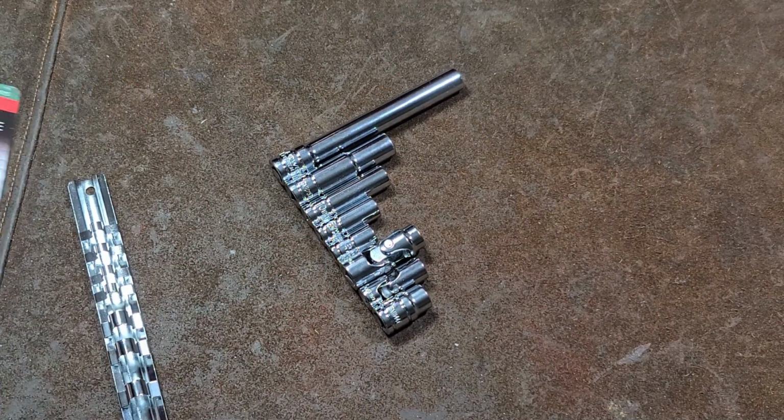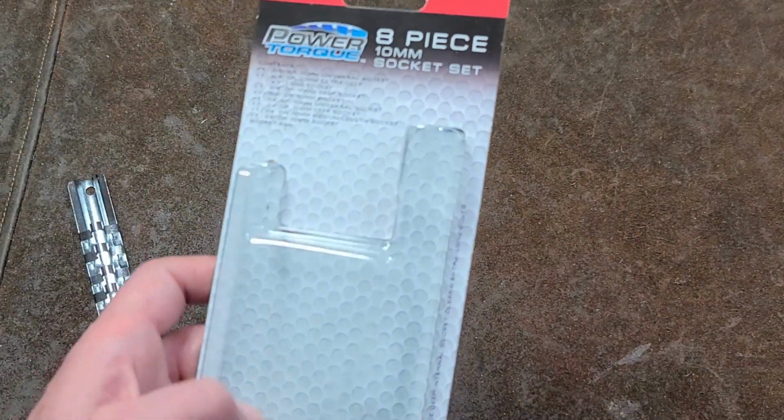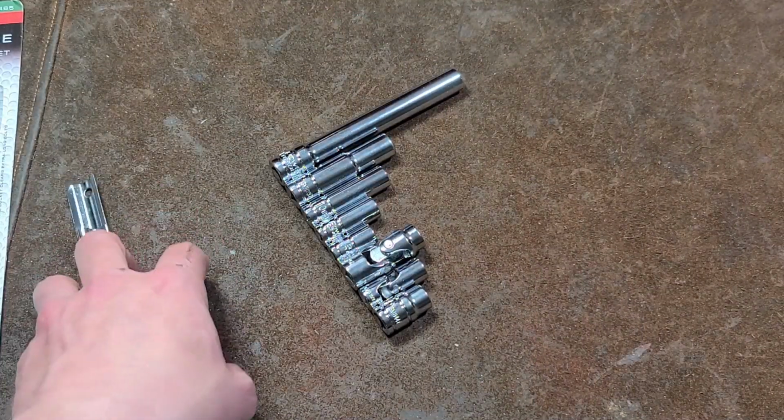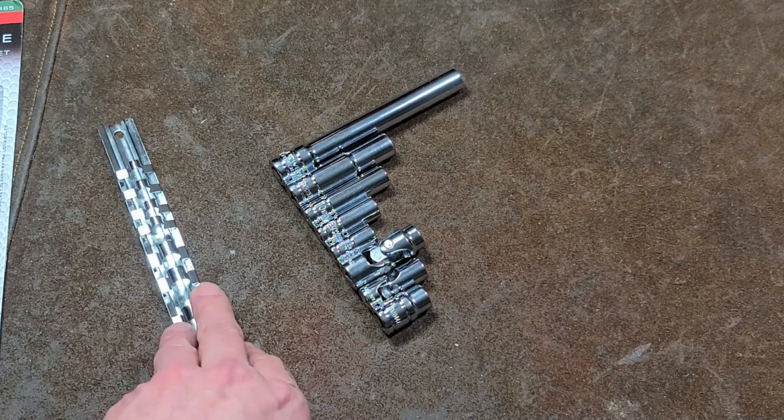Caddis Maximus here. This is going to be a pretty quick review of these new kind of socket sets that these auto parts stores are selling. I actually didn't buy this. I'm just reviewing one that a friend who's borrowed some tools quite a few times